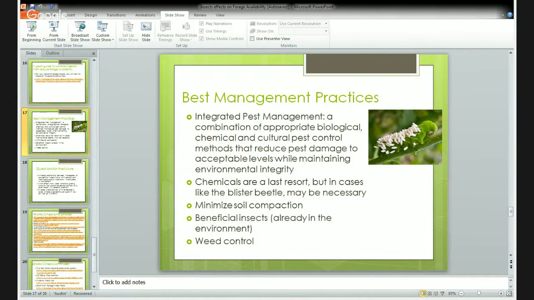Chinch bugs are one of those things that does not care for a lot of moisture. If they like tall stands of forage, then maybe we need to get into a better practice of cutting that forage down. But cultural pest control is learning what that pest likes and then making your fields not what it likes. So chemicals are pretty much going to be a last resort, I hope, just because it's an expense,